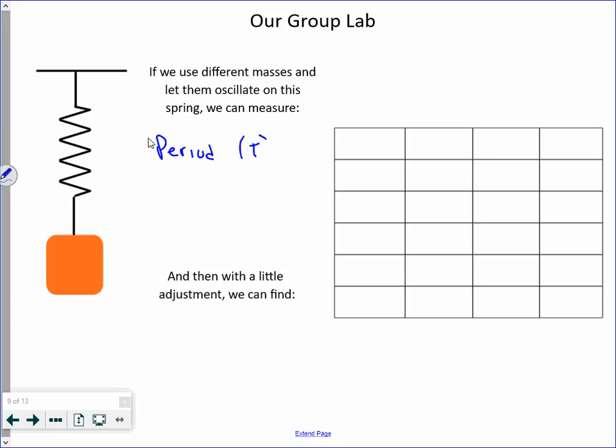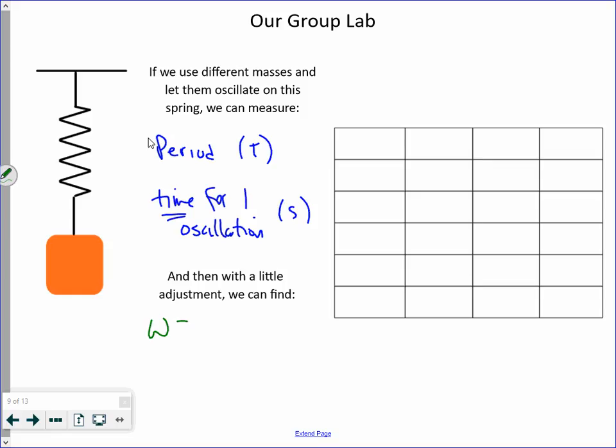period T, the time for a single oscillation. It's an amount of time. It should be measured in seconds. All right? And with a little adjustment, what you can find is what we call the angular frequency of this